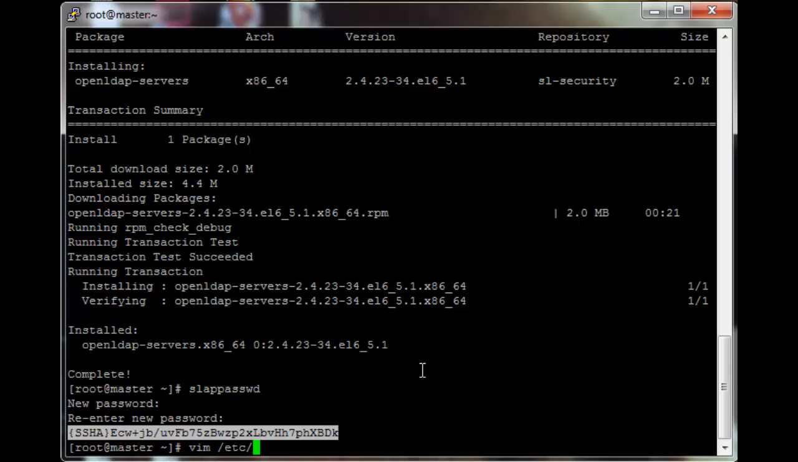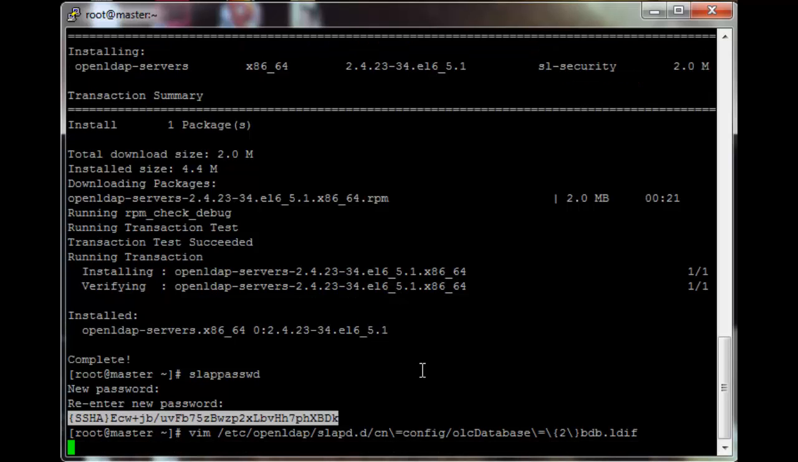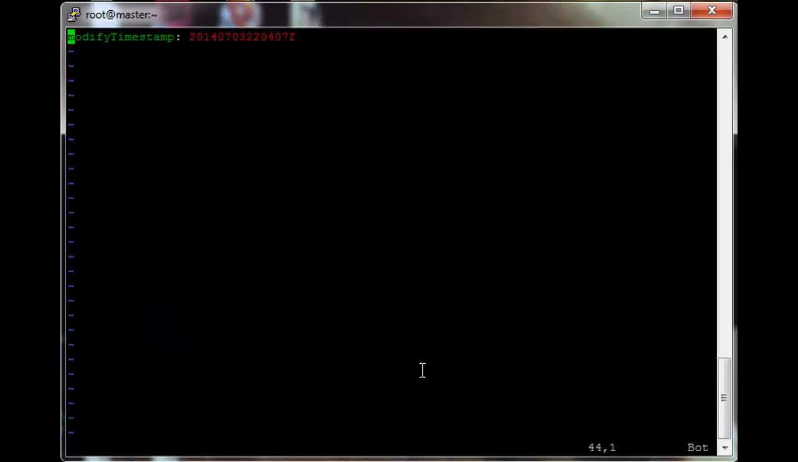So vim /etc/openldap/slapd.d/cn=config/olcDatabase={2}bdb.ldif. Okay, got that? Now, right at the end, just page down a few times, we will add olcRootPW: